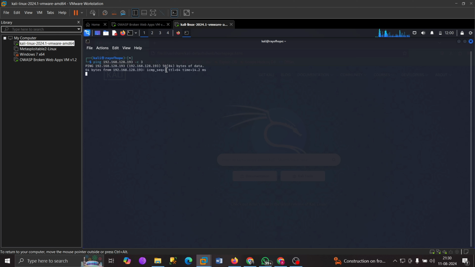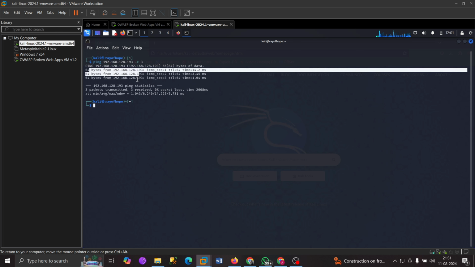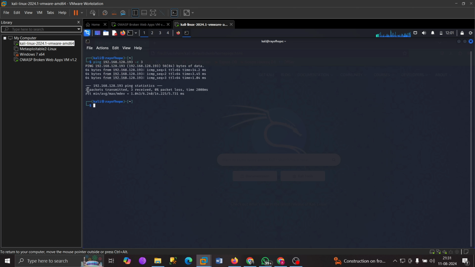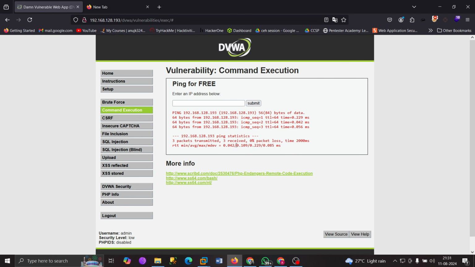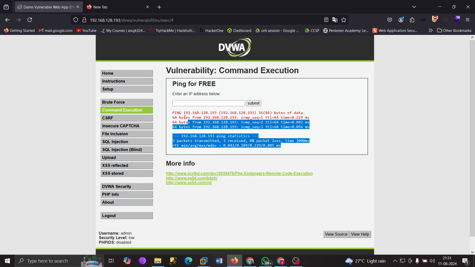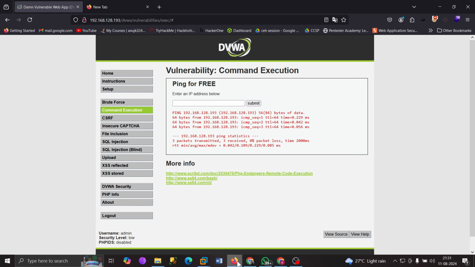Can you find out if this is the same or not? Ping request, we got it. We got 3 packets transmitted, 3 received, 0 lost, and all those things. This is pretty similar to this response, which means there is a chance that we may perform